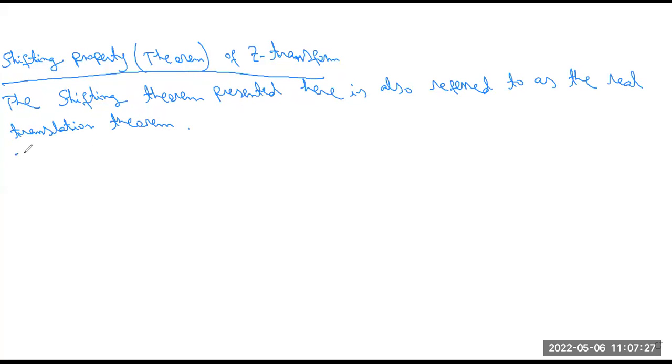That means if x of t is equal to 0 for t always less than 0, and this x(t) has a Z transform,